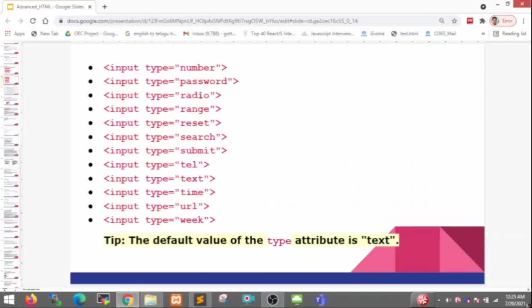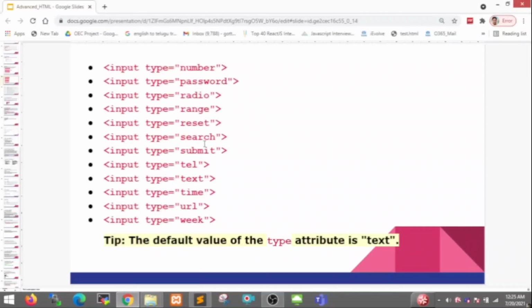Input type equal to range is used sometimes for calculations like EMI or insurance calculations, some progress bar like that. We can drag the bar, then we can calculate the information. Input type equal to reset is used to reset the form information. For example, in registration forms, if you make any mistakes, just click the reset button, then all the form information will be gone, meaning that information is removed from the form input elements.